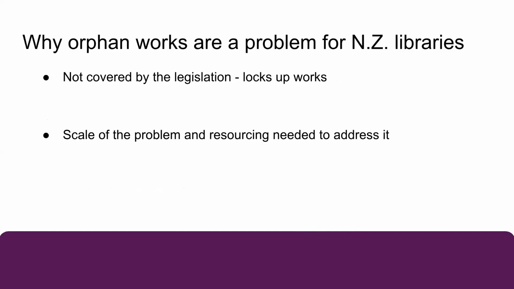Why orphan works are a problem for New Zealand libraries is, as I noted above, there's no category of orphan works in New Zealand's copyright legislation. So libraries who want to digitise and make available orphan works either have to take a risk and use the works without permission, risking a claim of copyright infringement should the rights holder reappear, or choose not to take a risk and not digitise the works, leaving them only available to a few people who can come to the organisation, even when in many cases the copyright holders would recognise the value of making their works more widely available and would not object to the use of their works.